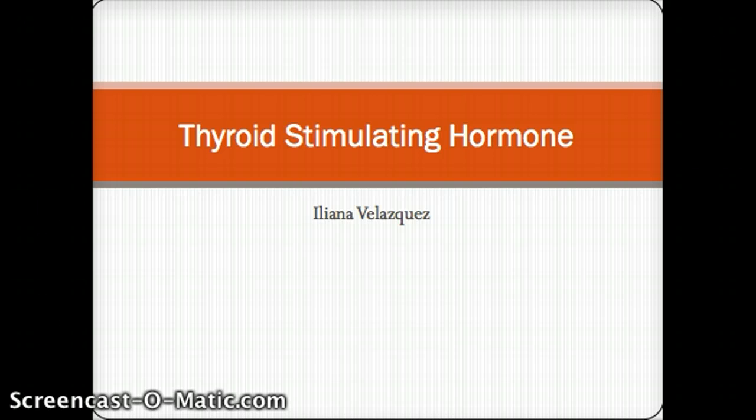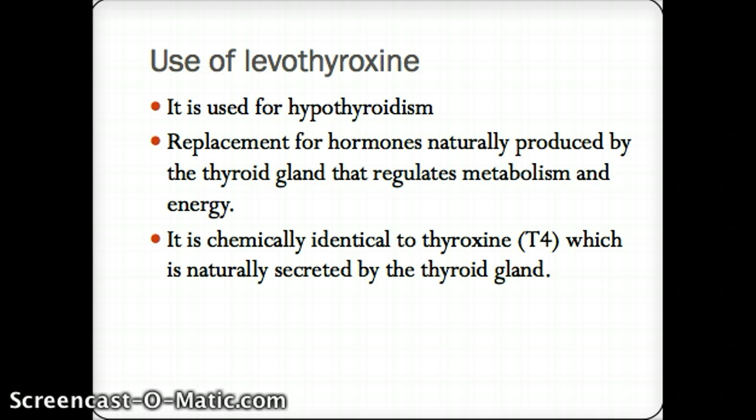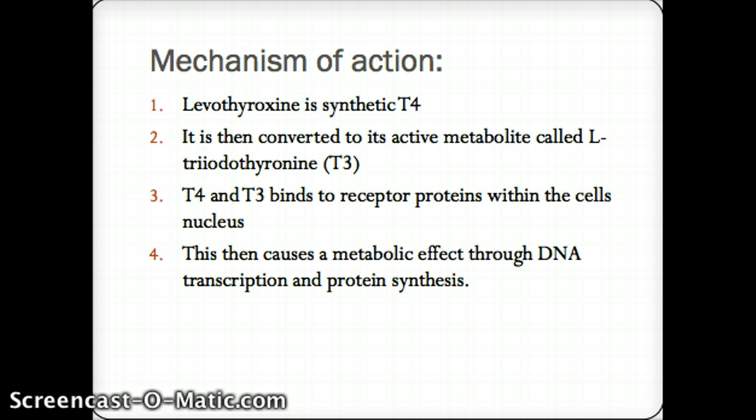So, the main drug used for hypothyroidism is levothyroxine, and it is a replacement for hormones that are naturally produced in the thyroid gland, which regulate the metabolism and the energy within your body. And levothyroxine is chemically identical to thyroxine, which is T4, that is naturally secreted by the thyroid gland. And the mechanism of action,